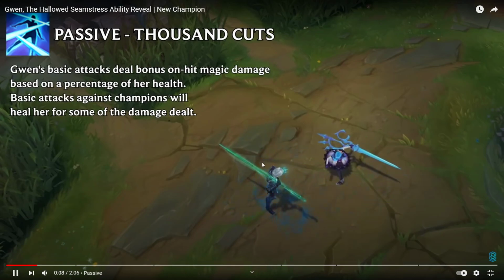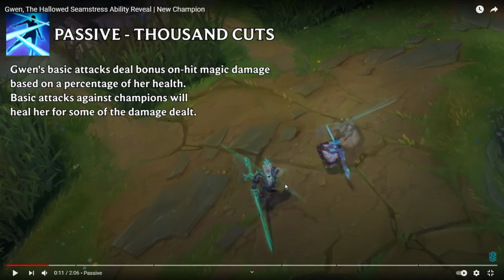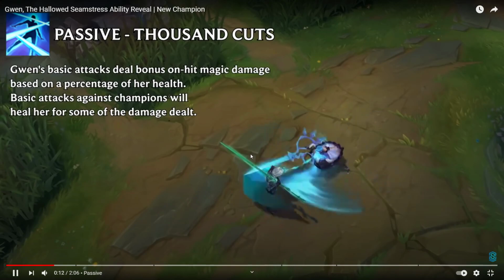So we see her auto attacking. That doesn't really say much. That's kind of an Irelia vibe where it's an auto attack focus. But as we see with her Q coming up,